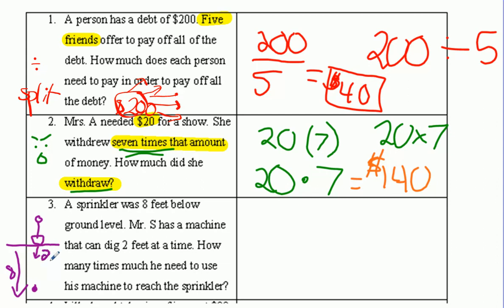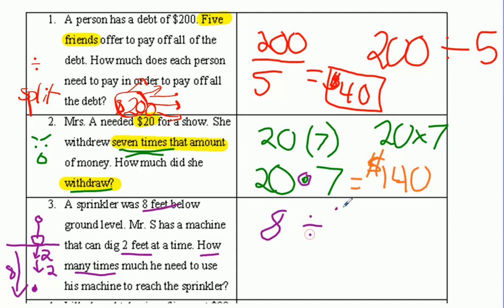I want to get to 8, but I have to go 2 at a time. How many 2s will it take me to get to 8? You could do 2 times something to get 8. But if I'm going to use the 8 feet and the 2 feet, I'm going to have to divide. It says how many times. If I don't know how many times, like multiply, then I have to work backwards to figure out how many times. So I'm going to do 8